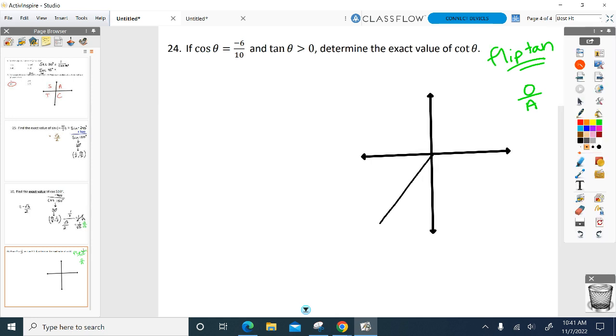And again, our goal is to find tangent so I can flip it. Wait, can you say that again? Sure, Jared, ready? Flip tangent. So now one suggestion was y over x. But that's if you're on the unit circle. And I don't see anything up here that tells me I'm on the unit circle. Okay? So the only other way I know to find tangent